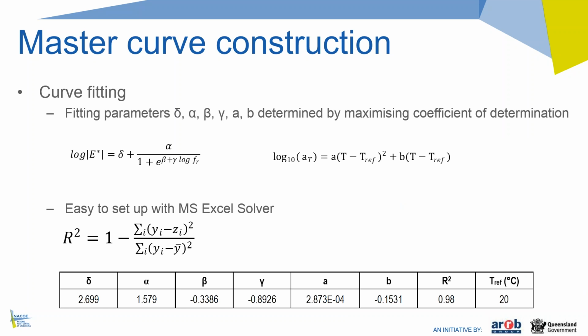So basically we solve both those equations, both the sigmoidal model and the temperature shift factor, at the same time, and we compare in our spreadsheet the predicted modulus versus the measured modulus. Then it's basically a matter of changing the fitting parameters until you get the lowest error or the maximum coefficient of determination that you can, using Microsoft Excel Solver, and it really becomes an automated process once you've set up the